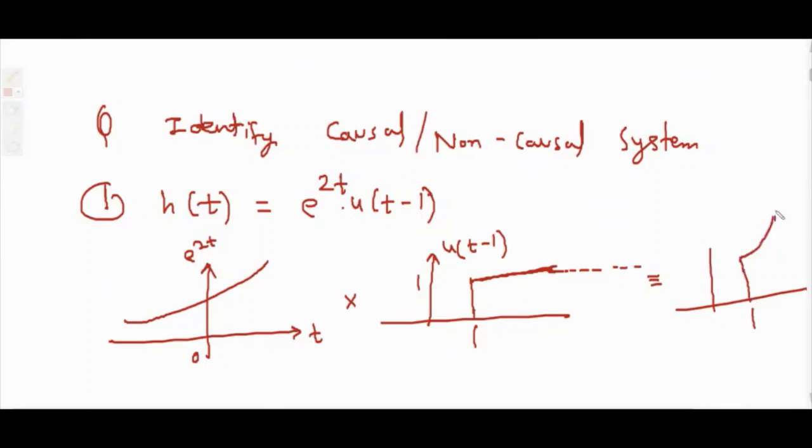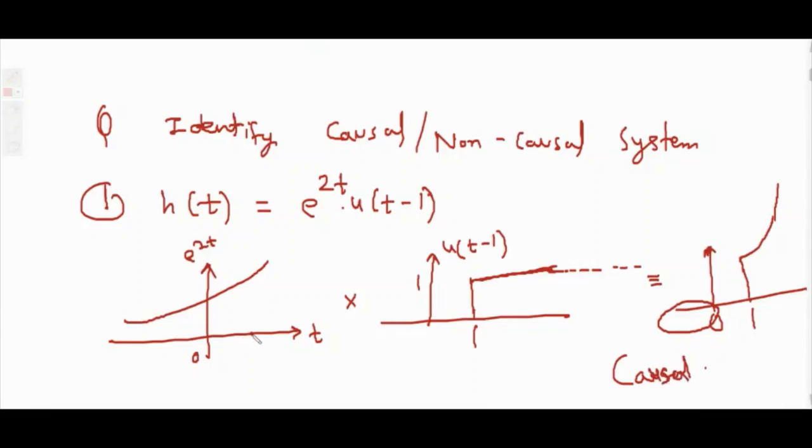This is the signal we will get after multiplication. So this is the signal after multiplication. You can see that the signal is 0 for negative values of t. For negative values of t, the signal is 0 here. Therefore, the answer is positive. Now, how did you get this multiplication result? That also I would like to explain.